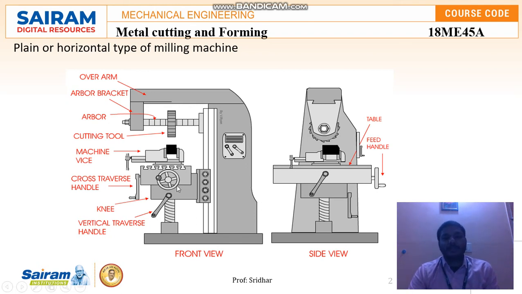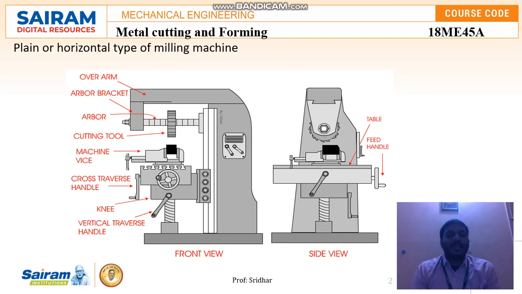You can see how the machining process takes place in the side view. The vice has been fixed, and the cutter starts moving on the workpiece. This is the principle we discussed in the earlier videos, that is up milling and down milling. Here it is moving in an up milling, where the excess material will be removed when the cutter moves in this direction.